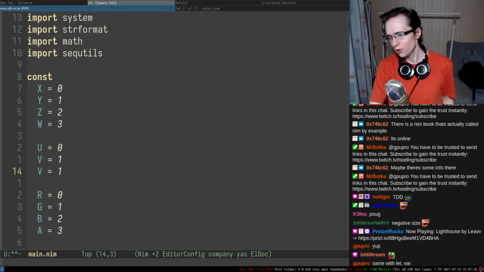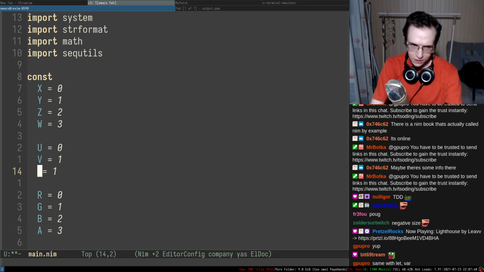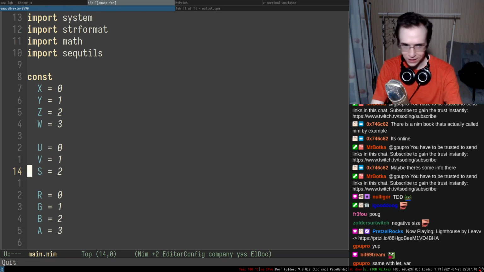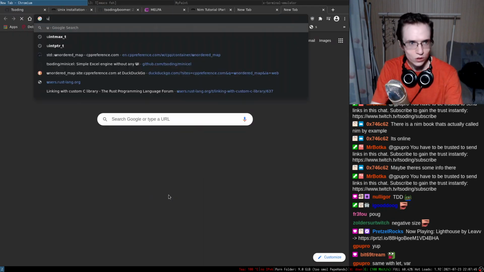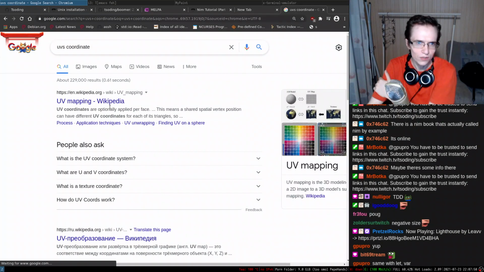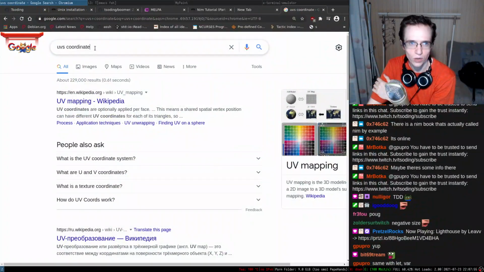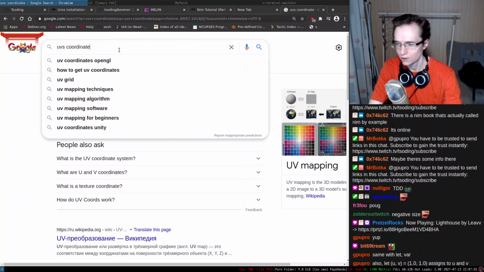I think the third coordinate is usually S in the textures, right? So UVS coordinates, UV mapping. Is it not? I don't remember. Does anyone remember what the third one usually is? What's the third one?